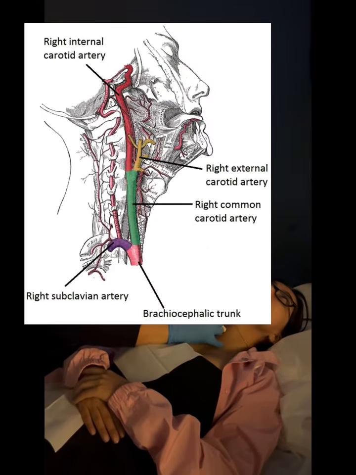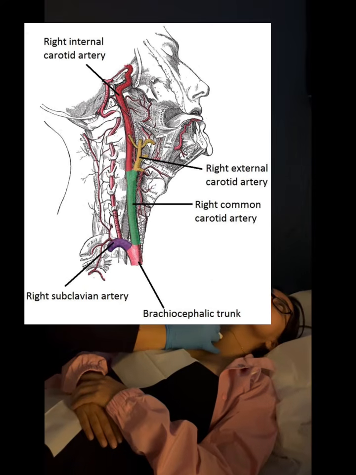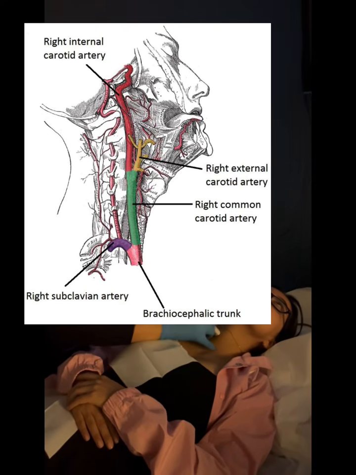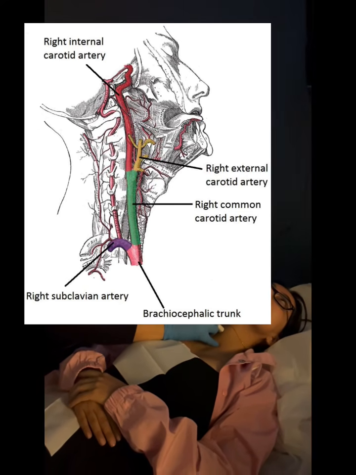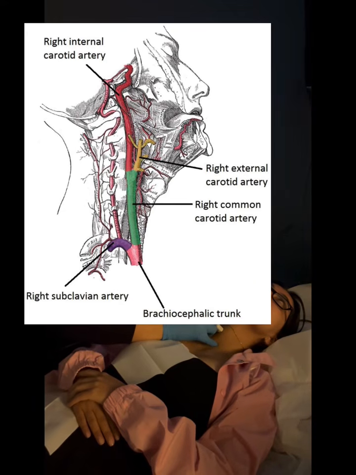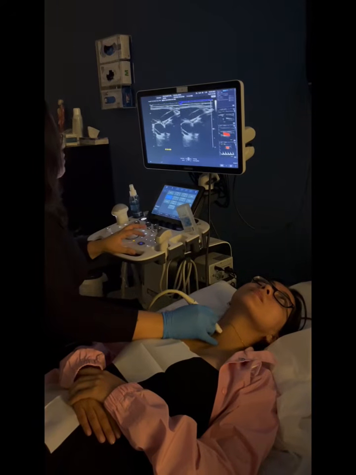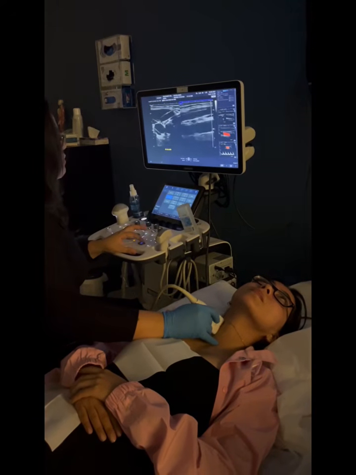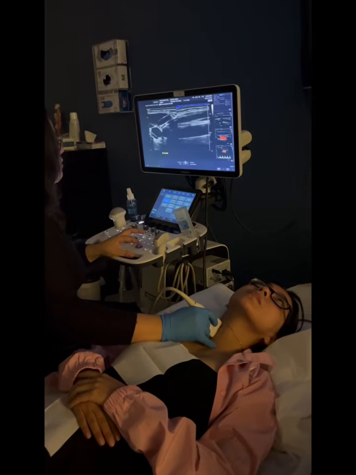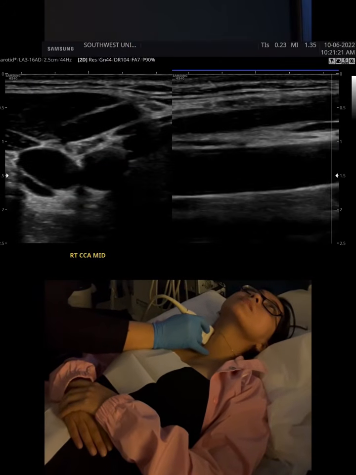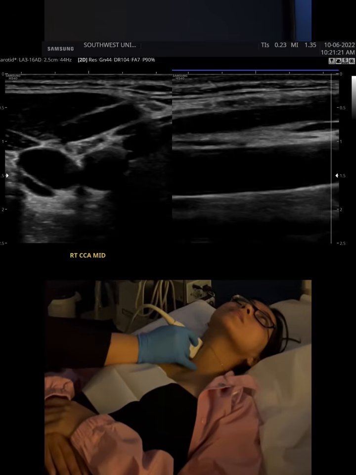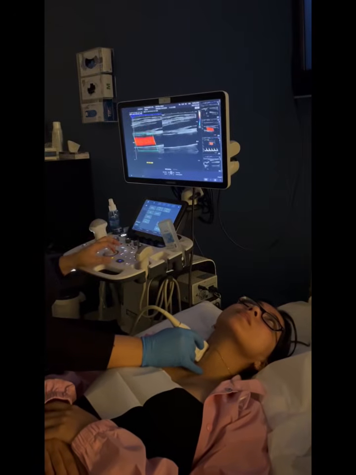To give you an idea of the vessel that you're evaluating right now, it is the green one, and the CCA mid would be approximately where the label is. And again, you're just going to do your dual screen, two planes, and make sure your settings are adjusted to have an anechoic vessel. Here you're going to turn on your color in your sag